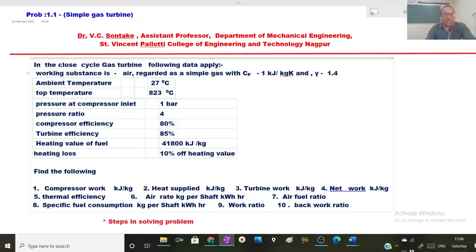Ambient temperature 27 degrees Celsius, top temperature 823 degrees Celsius, pressure at compressor inlet 1 bar, pressure ratio 4, compressor efficiency 80%, turbine efficiency 80%, heating value or calorific value of fuel as 41,800 kilojoule per kg, and heating loss in the heat exchanger is 10% of heating value. So find the following: